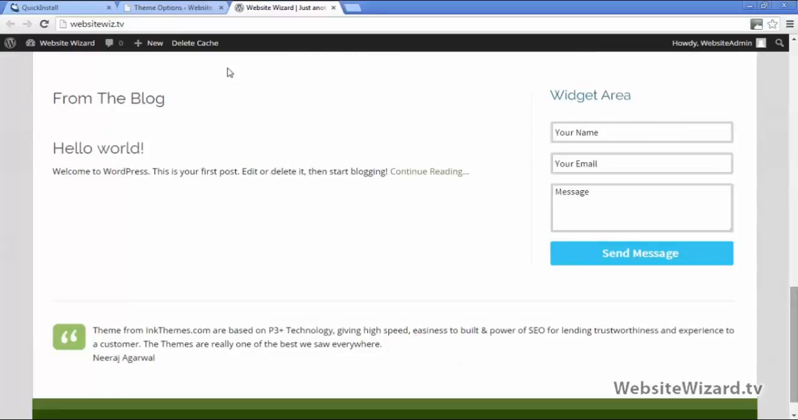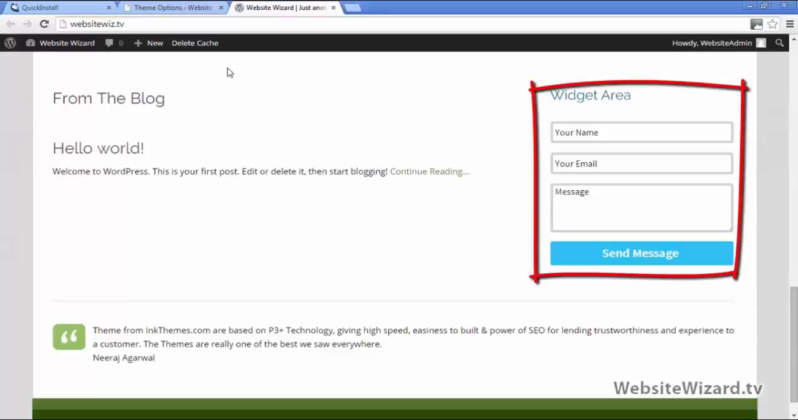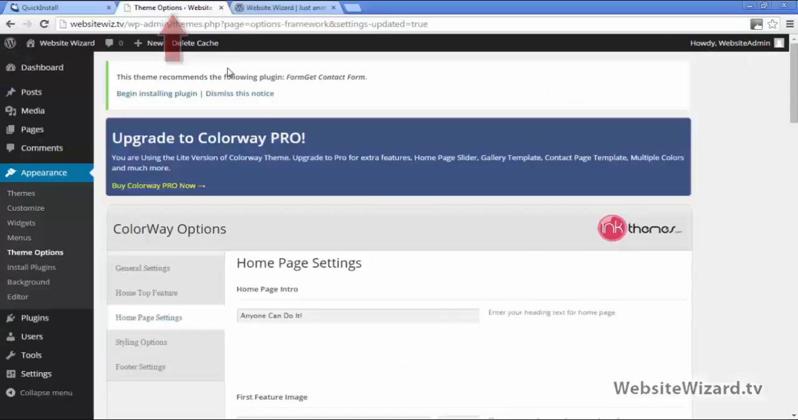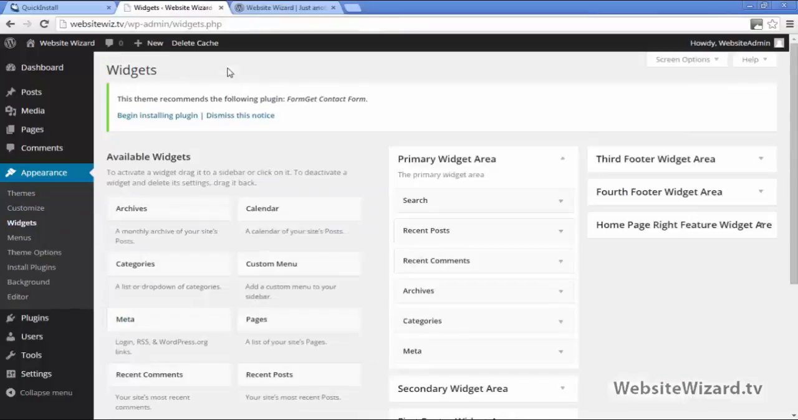So the first thing I want to do is just remove this widget area right here. So to do that, head back to the website, and then underneath appearance, you'll see widgets here. So go ahead and click widgets, and you can see this homepage right featured widget area. So if you click the drop down there,